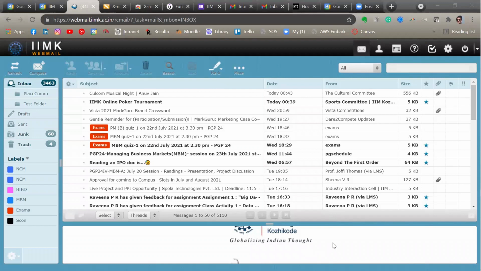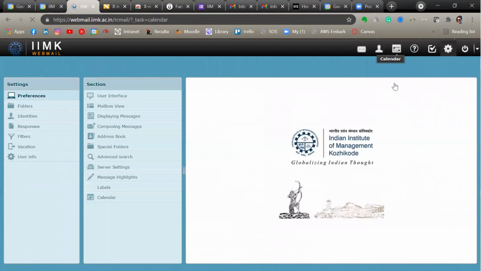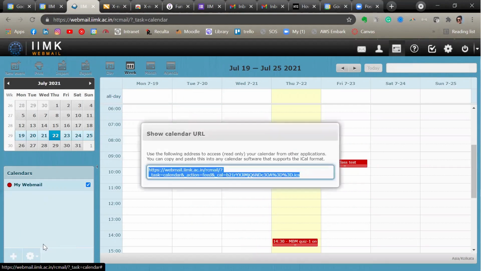Now, let me tell you how to integrate your webmail calendar with your regular personal Gmail calendar, Google Calendar, sorry. Go to settings, go to calendar. Here you will see your primary calendar, my webmail. I have renamed it as my webmail. Now click on settings. Here you will find an option, show calendar URL. Click on it.